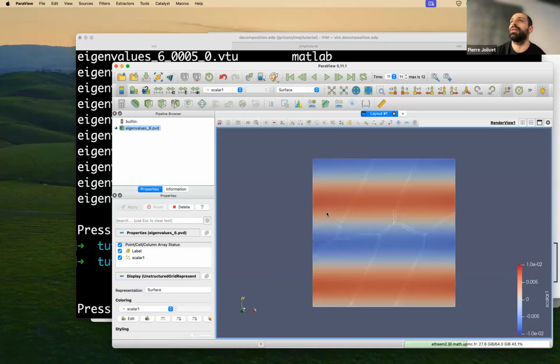Okay, so now the idea is to do exactly the same, but with a centralized output. So just as a comment, we can see here that we have, okay, maybe we cannot see,